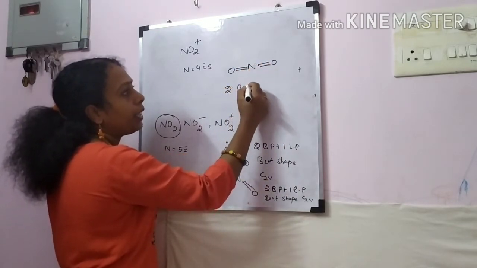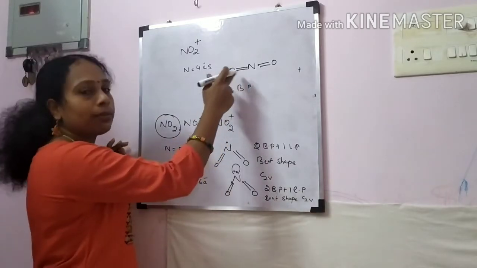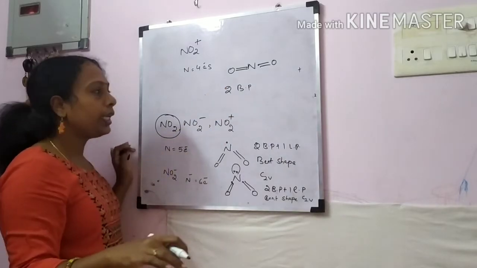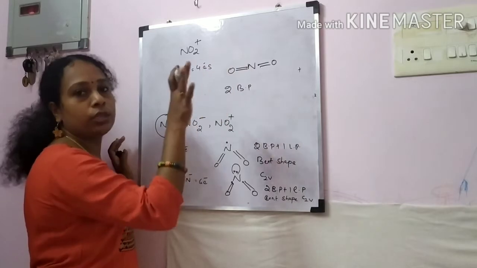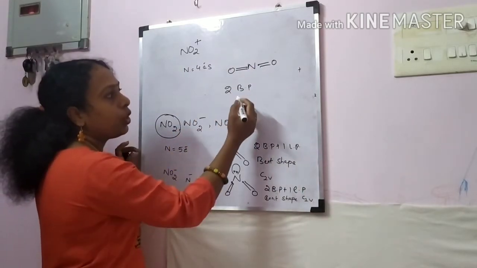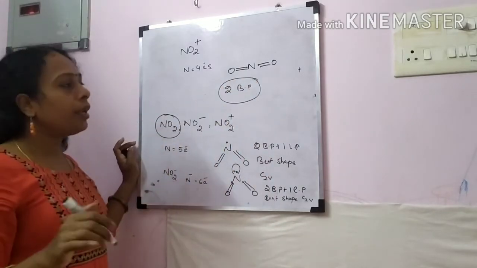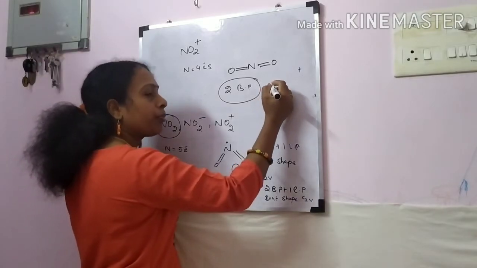Only 2 bond pairs alone are present. You should not consider the pi bonding, okay? Only sigma bonds. You will take the pi bonding and sigma bonding concept in organic chemistry. This is only structural, inorganic molecule structure. Only the skeleton we will be seeing. So here, only 2 bond pairs are present. There is no lone pair. If 2 bond pairs alone are present, the molecule will be